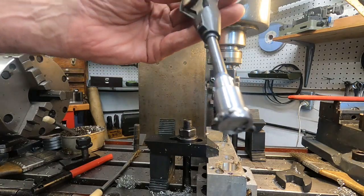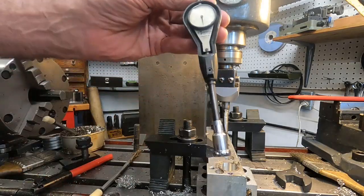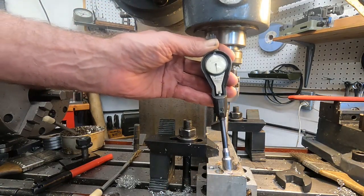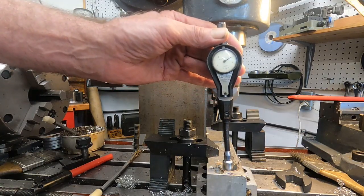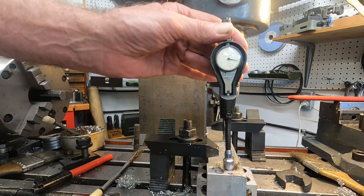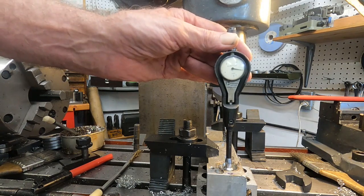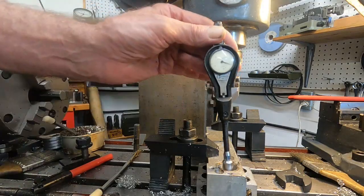Okay, dial bore gauge. This is the anvil, and you set that so you can get within the range. And you can set this with gauge blocks and a master setting device, or you can actually even set it with a micrometer. What's it going to do? Now this time it cut 1/1000th under. Last time it cut a thousandths over. It's supposed to end up there, but